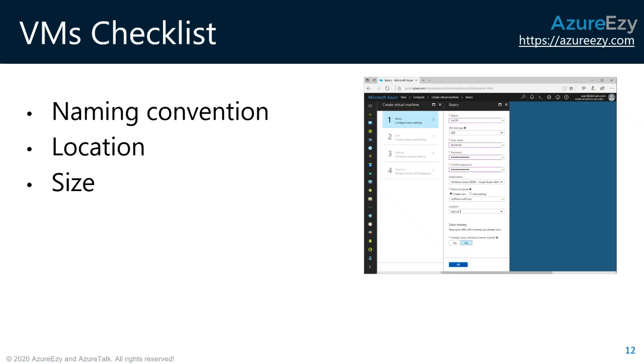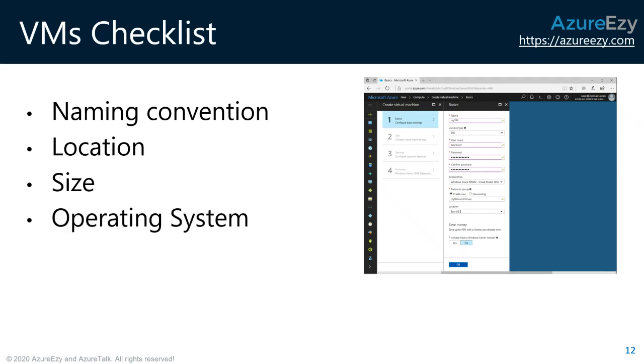Suppose your application is okay with 4 CPU and 2 GB RAM, or maybe 4 GB RAM, but just to be on the safer side, you thought, okay, let's create a virtual machine with 16 CPU and 32 GB RAM or something like that. Now you are paying more to Azure for what you will never use. So those considerations must be taken care of when you are talking about size. It's not like any size you can select.